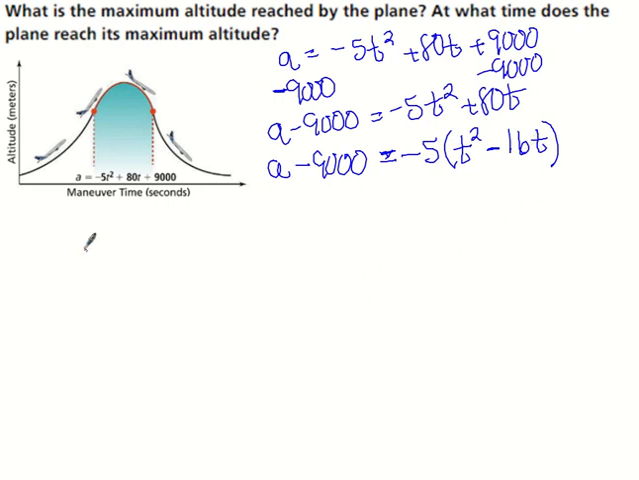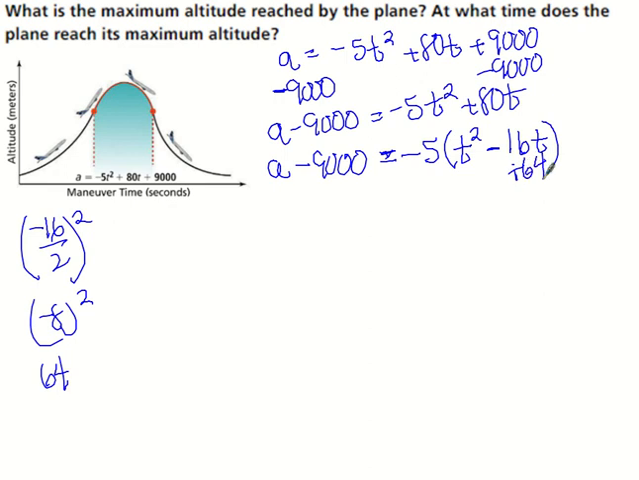I can show you, though, that it'll work either way, but I'm going to use negative 16. Like I said, it doesn't matter because when we divide and square, it's still going to come out as positive. So negative 16 divided by 2 is negative 8. When we square that, we get 64. So in here, we actually are adding this inside the parentheses. And so when we add it to this side, we're actually going to add negative 5 times